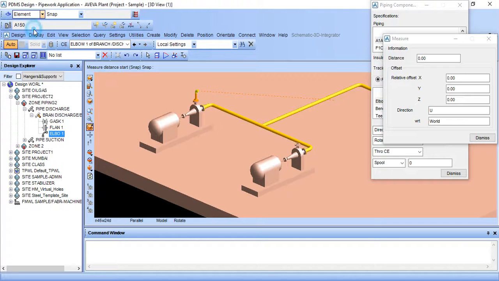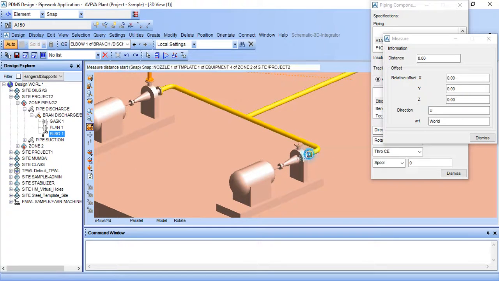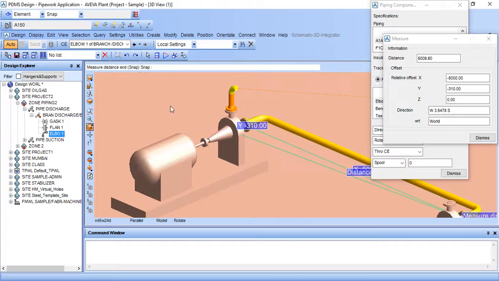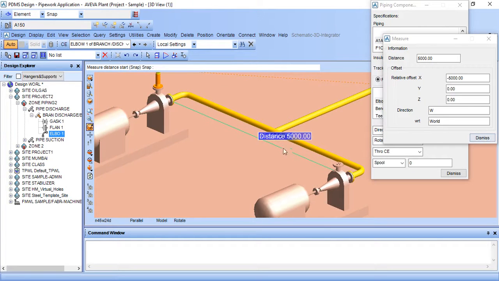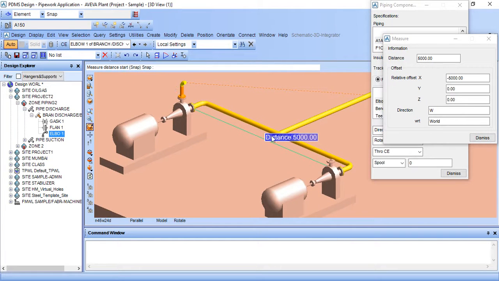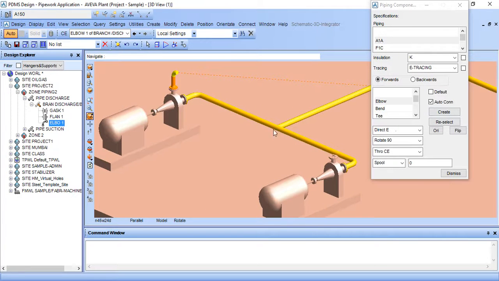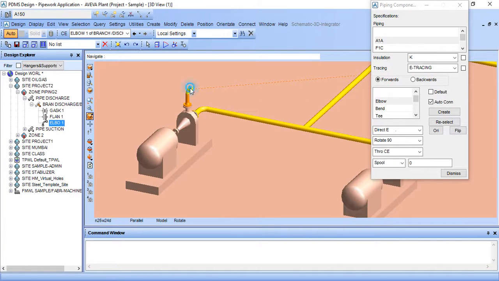Here is any select element, and select this nozzle, and select this nozzle and zoom in, select this nozzle. So its distance is 5000. So we need the T to be here at 2500. Just dismiss and selection on this, create T.